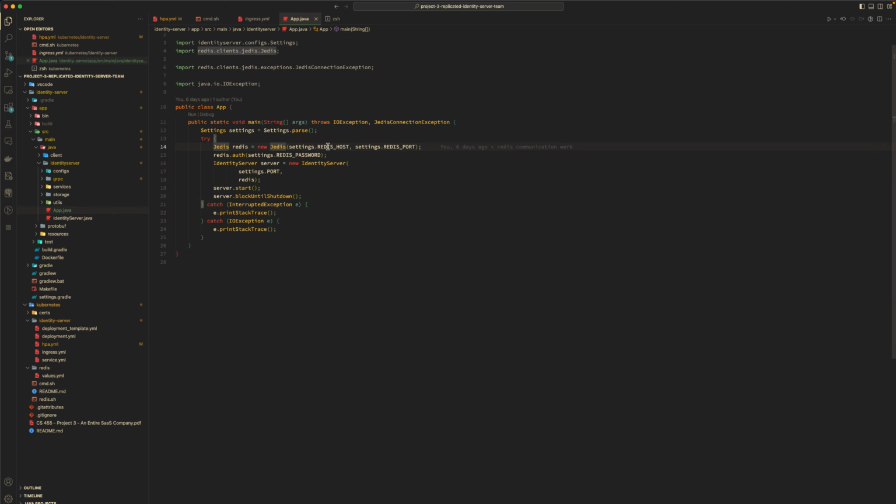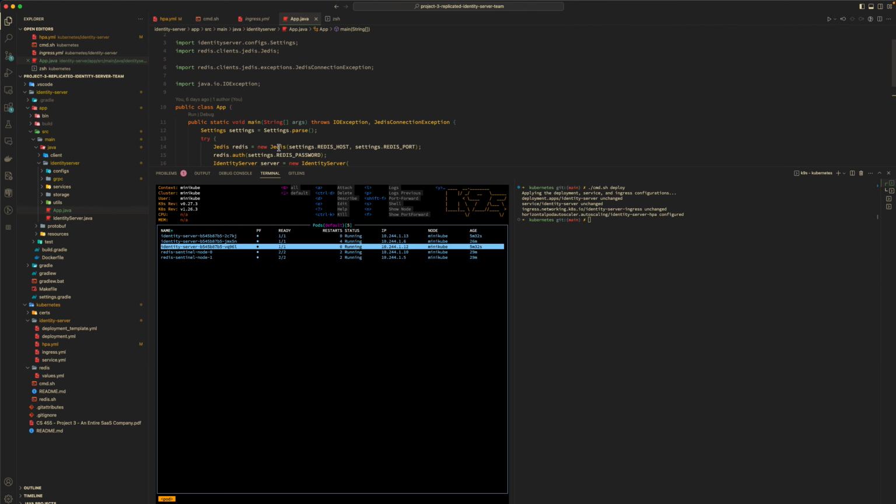Jedis is a really, really old Redis client. In the future, I definitely would not be using it. There are like 20 different constructors for Jedis here, and very poor documentation on this. I think that definitely contributed to why we couldn't get writes to be completely consistent, in the sense that it always works. I guess if we want to go back to our consistency models here,